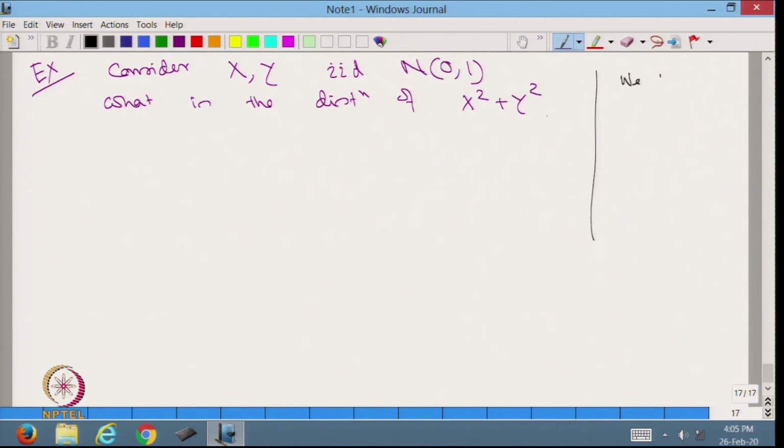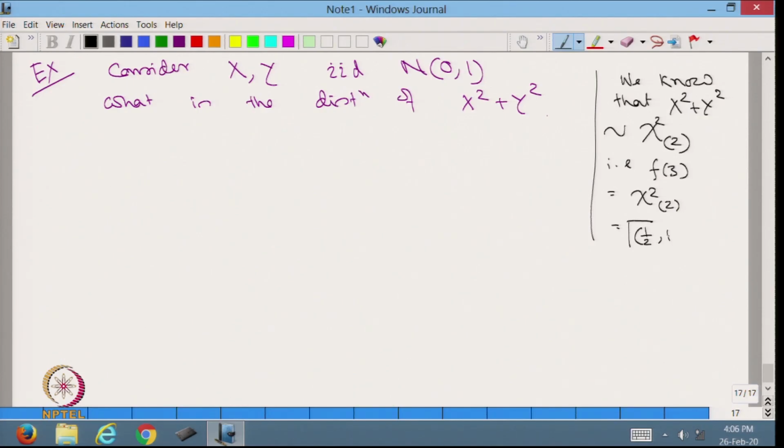We know that x square plus y square is distributed as chi-square with 2 degrees of freedom, that is, f of z is equal to chi-square with 2, which is equal to gamma with half comma 1,